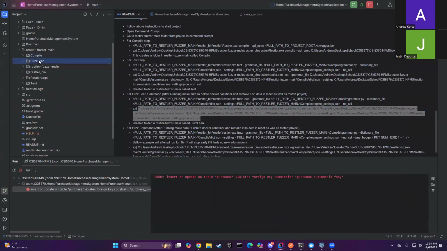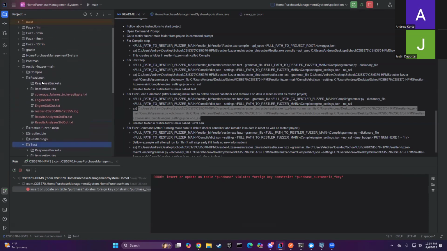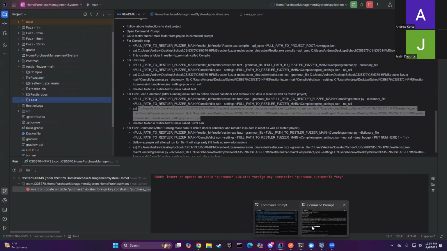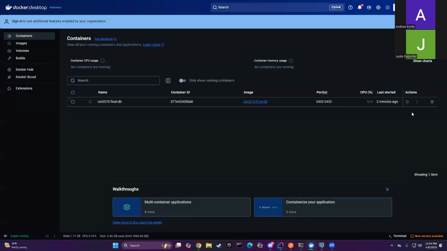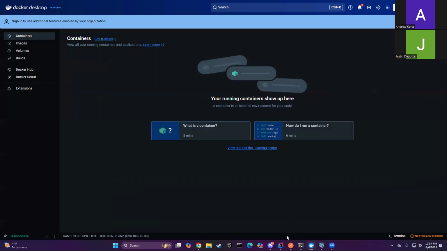And here we should now see this fuzz lean folder. And from the testing one, you can see this test folder. These just have logs and whatnot in them. And then again, we can stop and start the database. Stop it, delete it,